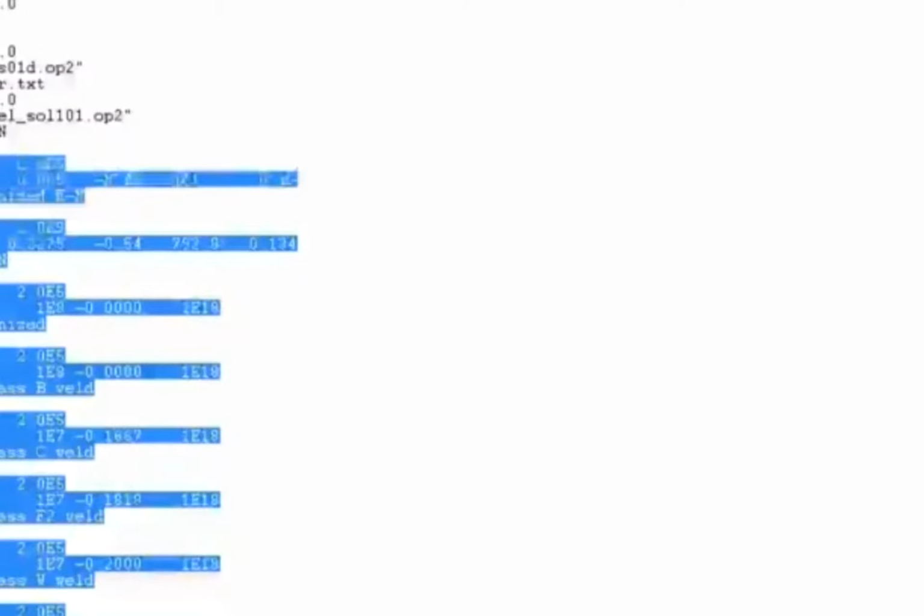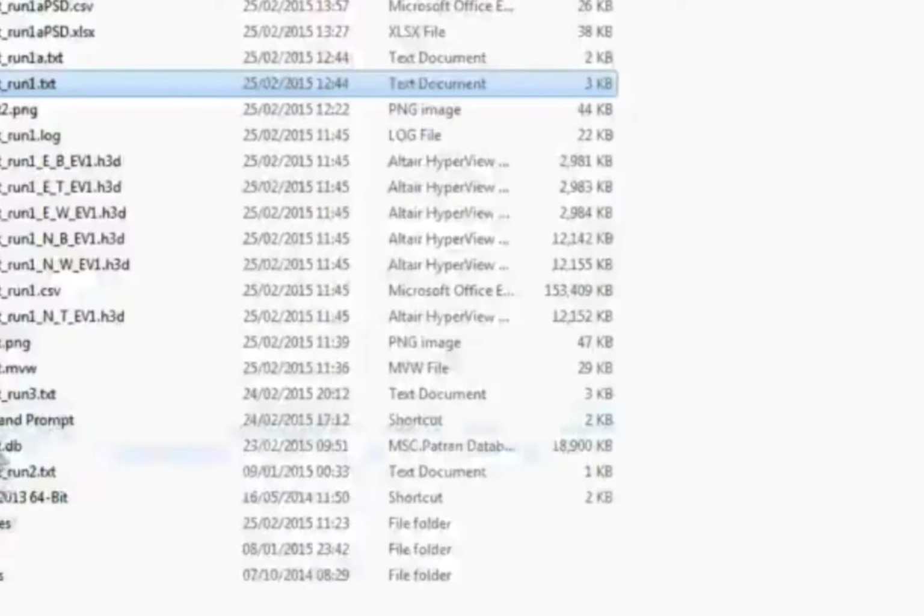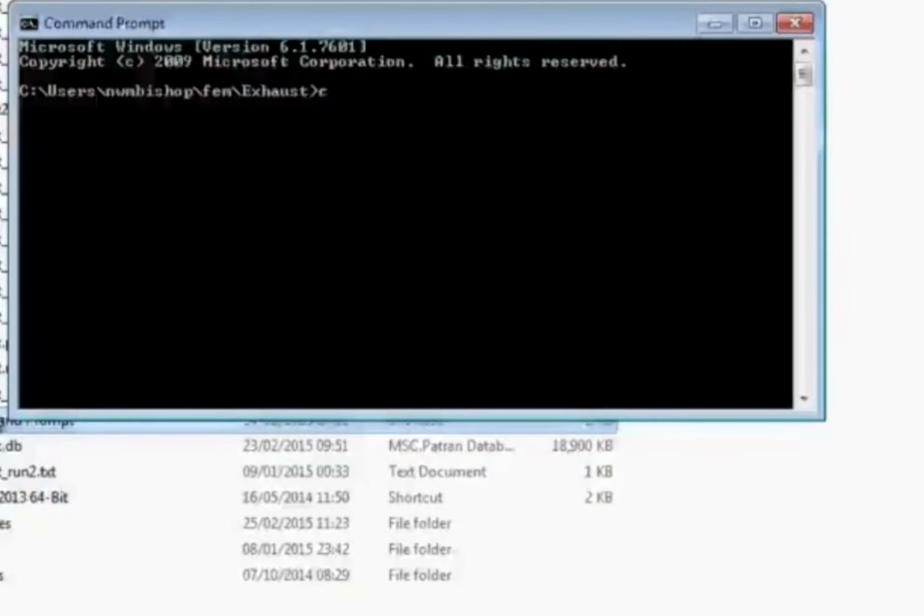So I'm opening up the same control file that I've just shown you in the PowerPoint. For example, those 8 materials that I was talking about are all in the bottom of the file there. The sets I was talking about are all in the file there. So everything is identical to what you just saw. To run this job, I'm going to open up a command prompt, type CAE fatigue, type the name of the control file,